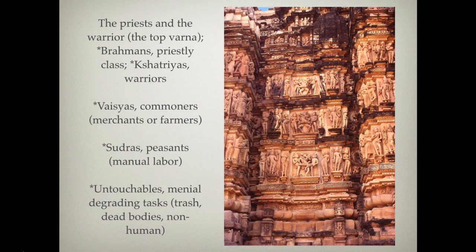They're the highest up, the Brahmins and the warriors. And then you have, naturally, the merchants and farmers. Below that, the manual laborers, and then someone who's not even on this pyramid of social structure are the untouchables. Those who conduct menial, degrading tasks according to the civilization. So those who handle trash, those who handle dead bodies, they're really considered non-human or quasi-human. They're not quite as developed as everyone else.